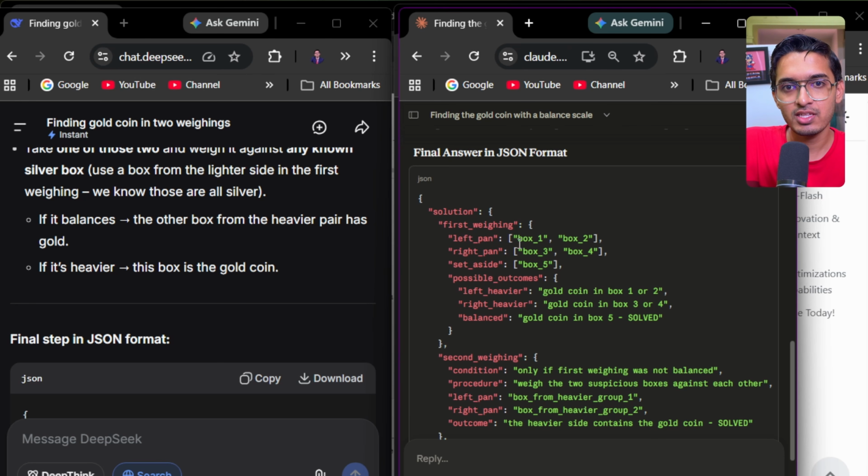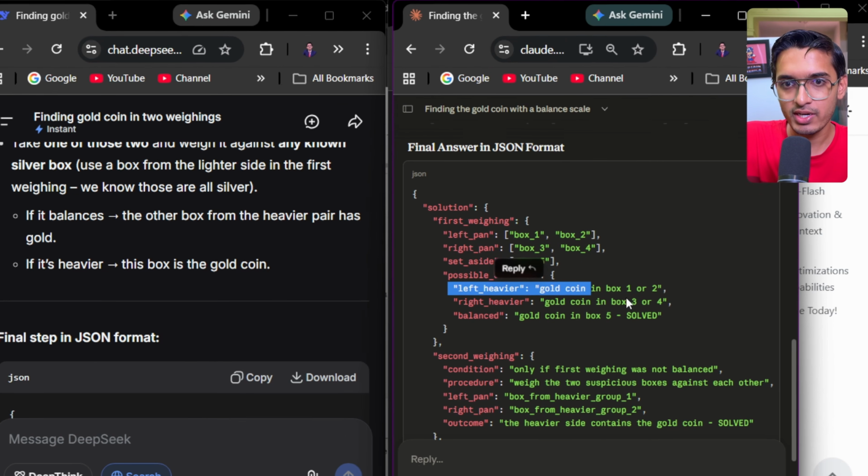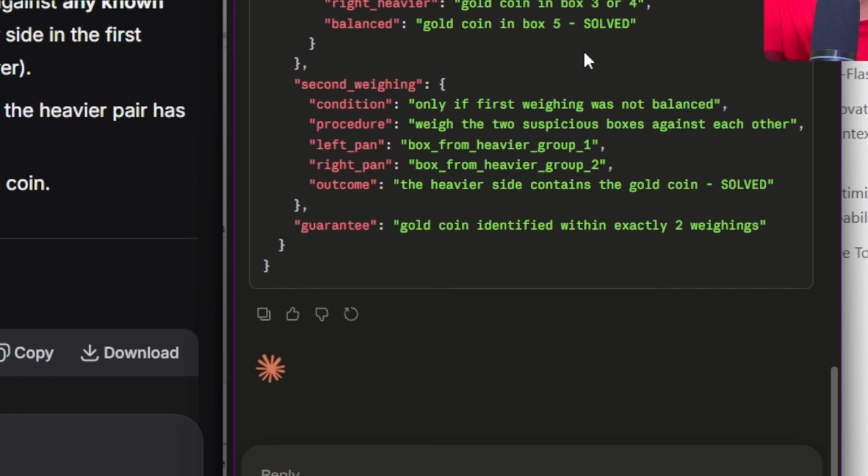In the first weighing, it is saying to take boxes 1 and 2 and put them in the left pan. Then take boxes 3 and 4 on the right pan. Set aside box 5. Then it has given all the strategies for the different possible outcomes. Left heavier means the gold coin is in 1 or 2. Right heavier means 3 or 4. Balanced means 5. And in the second weighing, it is saying that only if the first weighing was not balanced,